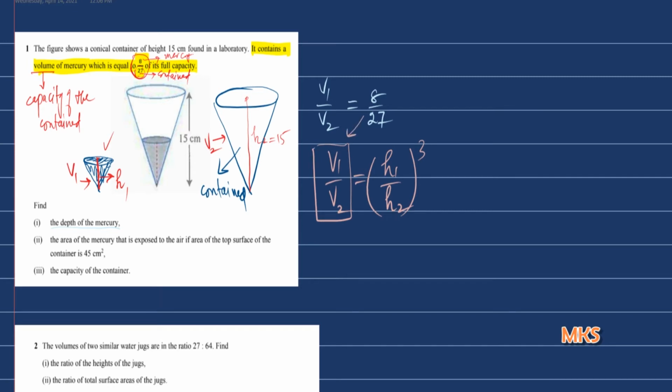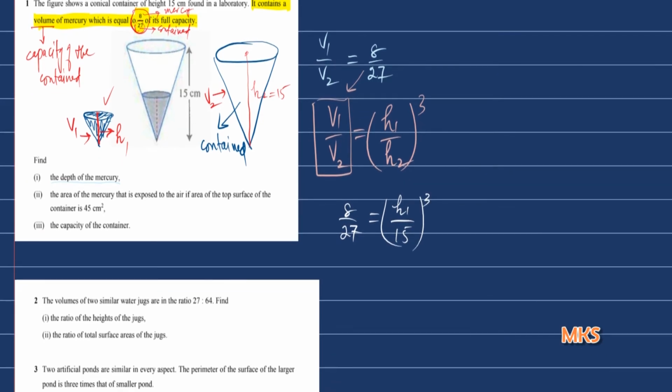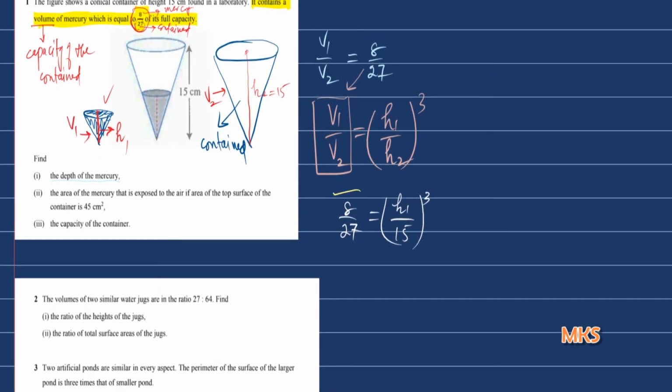So I will take 8 over 27 is equal to H1, to be found, over H2, which is 15, and this is cubed. To get rid of this cube, we will take the cube root of both sides. So the cube root and cube will cancel, and we will be left with